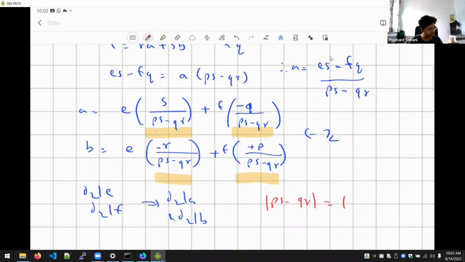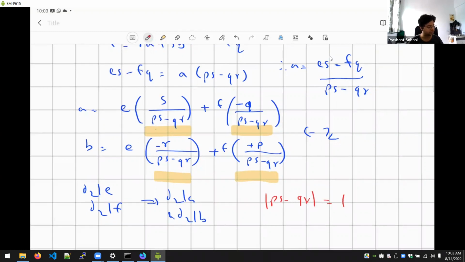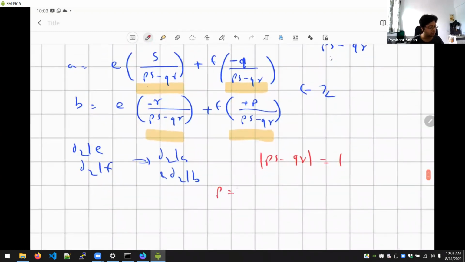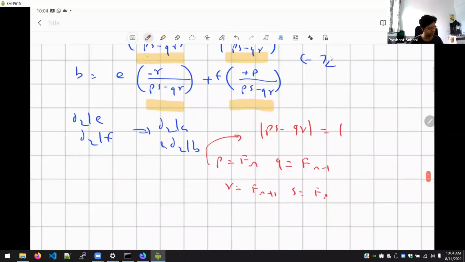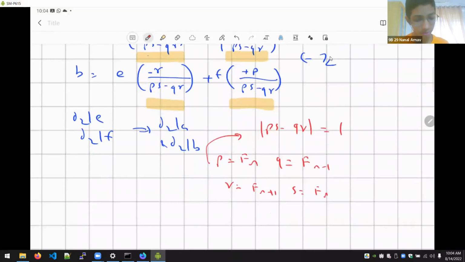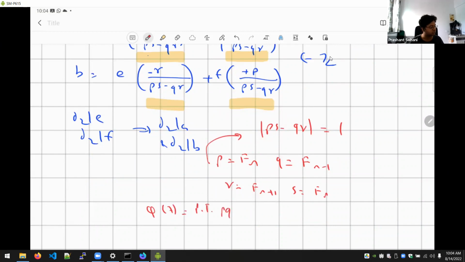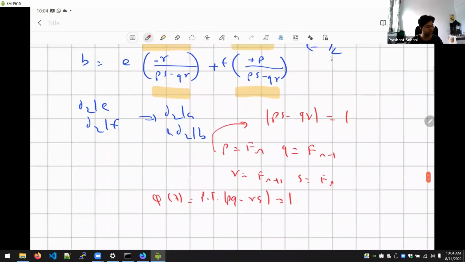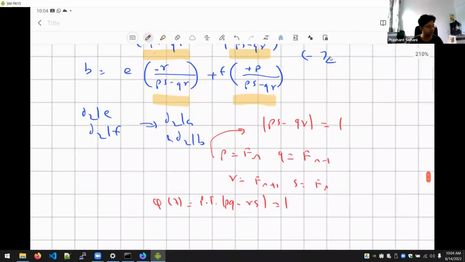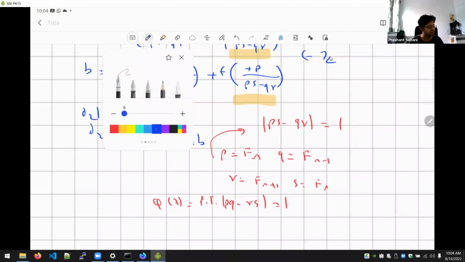And now the question I'm going to ask you is what I had asked in the question: P, Q, R, S, what are they? P was Fn, Q was Fn minus 1, R was Fn plus 1, and S was Fn. Do they satisfy this condition? Yes, sir, because of minus 1 raised to n in the previous question we solved. Actually, question 7 was setting up this property. Question 7 was exactly saying prove that PS minus QR is equal to plus or minus 1, where PQRS are defined this way. So that was kind of an indirect hint in question 7 that the condition is the modulus of PS minus QR is equal to 1.